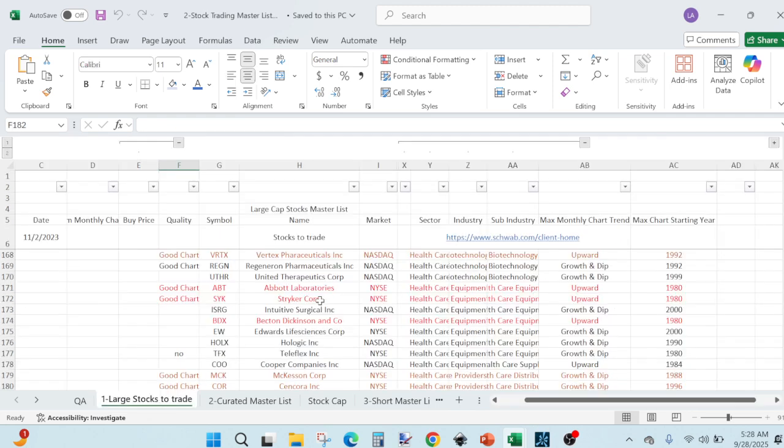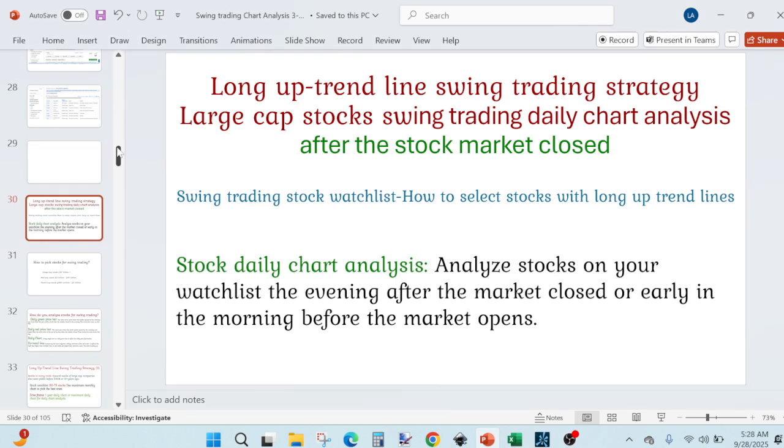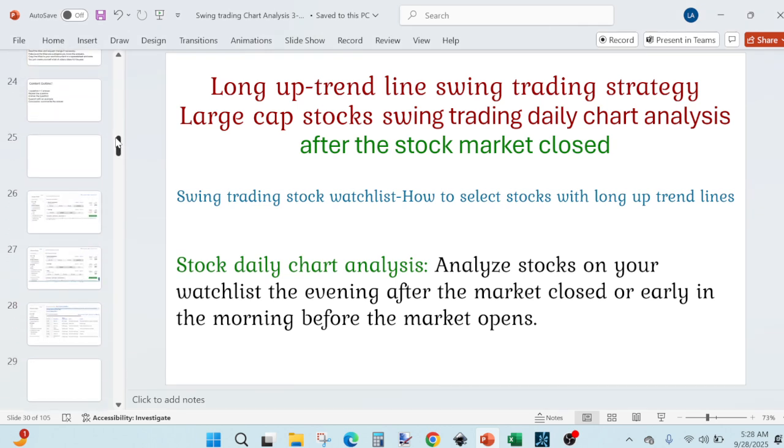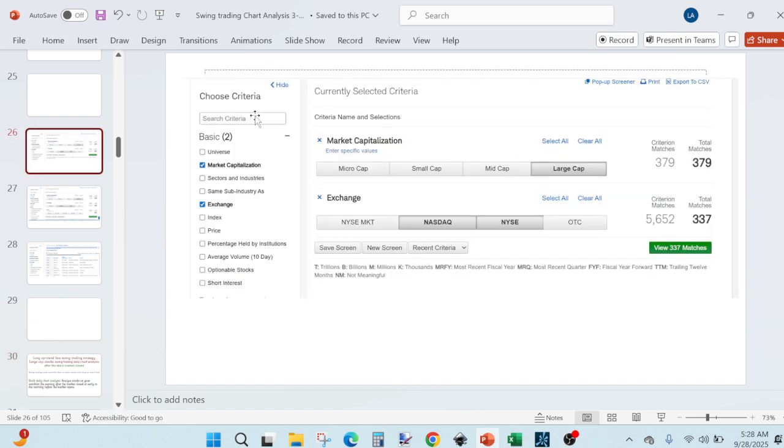We started with a longer watch list. So at first, when you are looking for stocks, at least the way I did it, you will know right away that they are long trend lines unless you are using some technical analysis to filter. But if you have a Charles Schwab account,